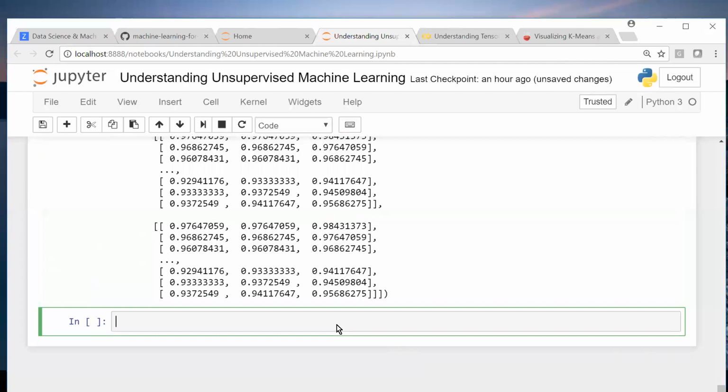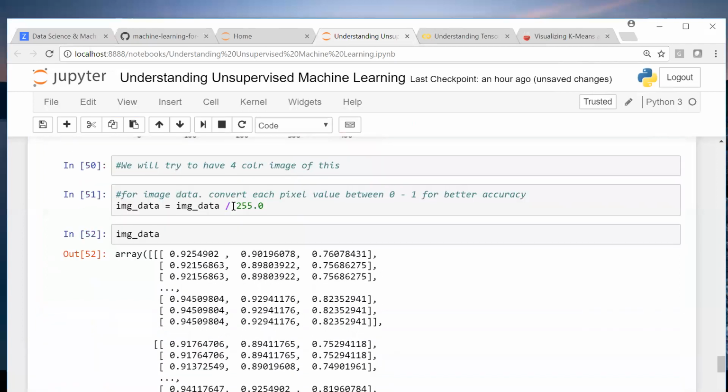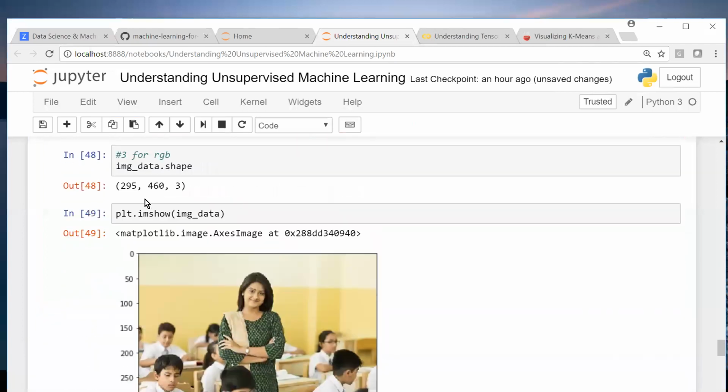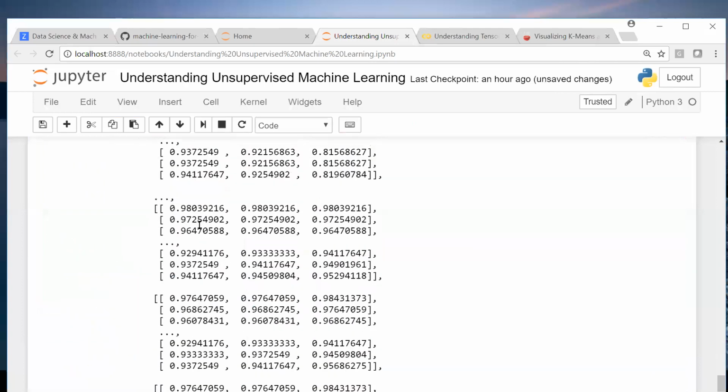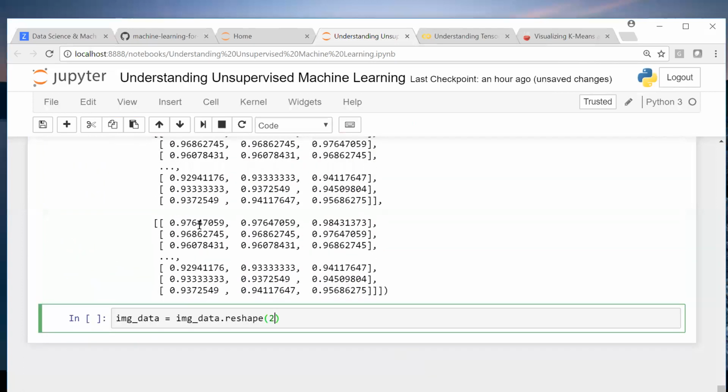Now, what is the number of pixels? Okay, so now you want to reshape the data. What is the dimension of the data? 295 by 460. So we reshape it into 295 into 460.